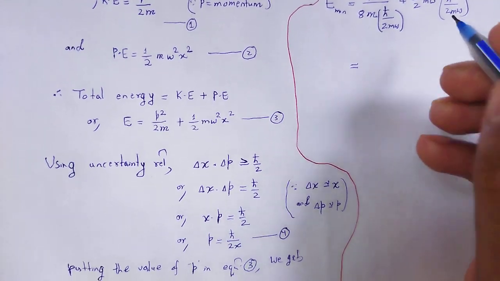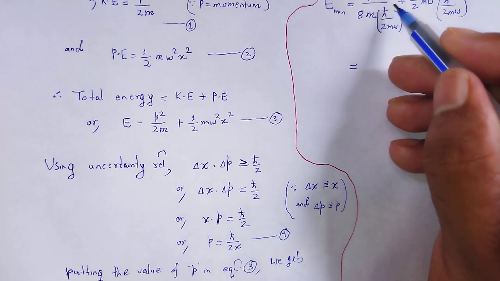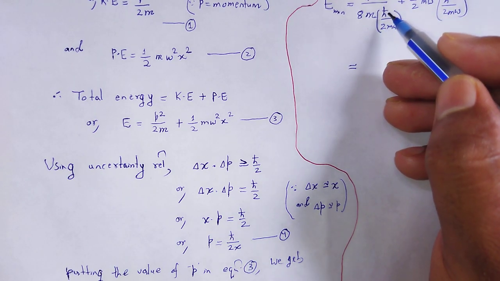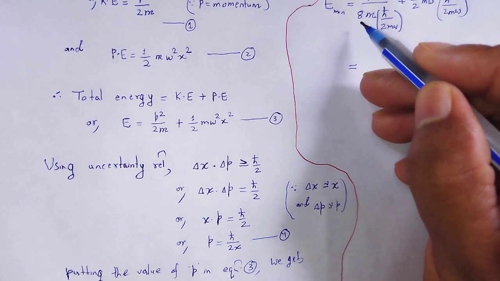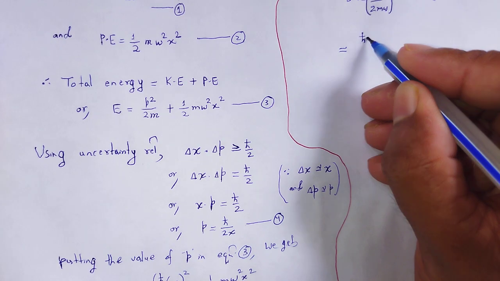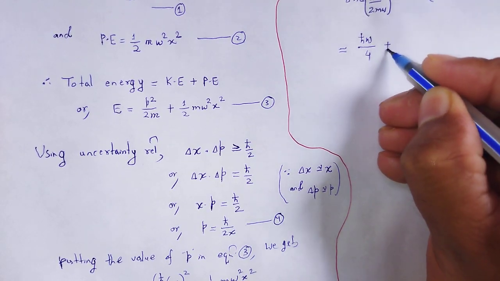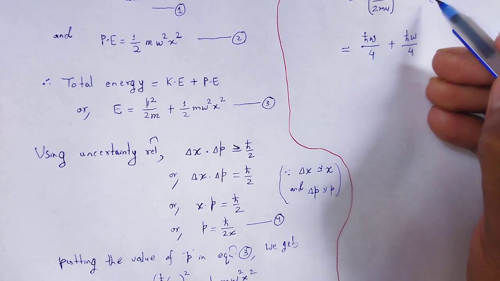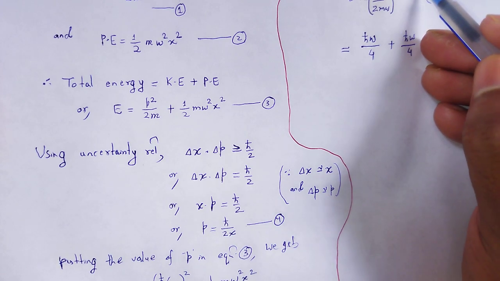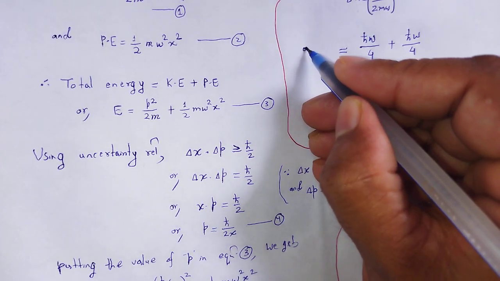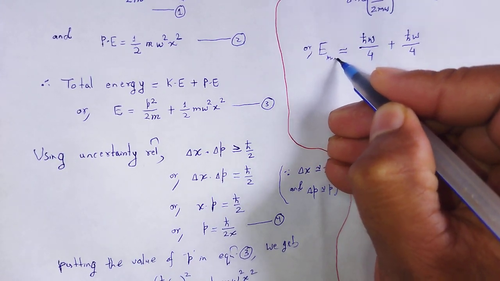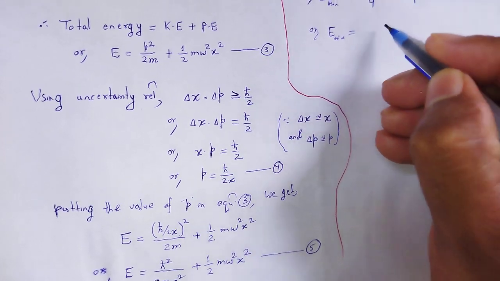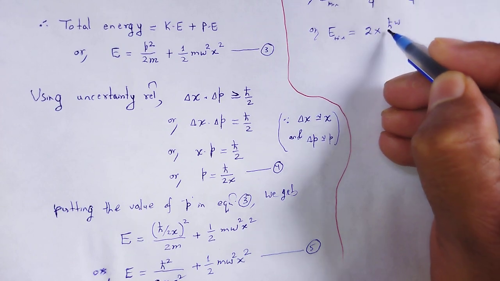Now simplifying it, 2 m omega goes to the numerator side, 1 m cancels out, 1 h cut cancels out, 2 8, that is 4, that value as h cut omega divided by 4, plus that value again the same, h cut omega divided by 4. 2 to 4, 1 m cancels out, omega square, omega as omega, that is the E minimum, or E minimum is equal to 2 times h cut omega divided by 4,